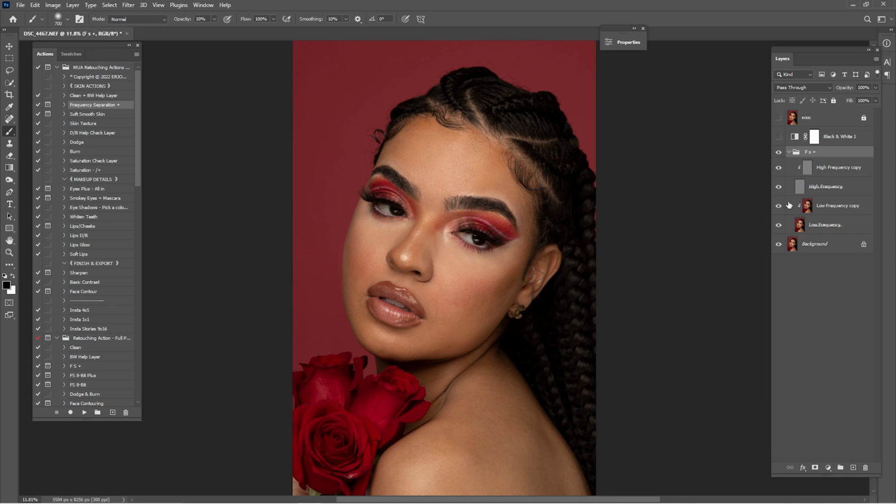And as you can see, we have two different layers. One of them is low frequency and the other one is high frequency. Low frequency is for the color, in which we are going to work first, and the high frequency is the texture of this portrait. So I'm just gonna turn off the high frequency or the texture